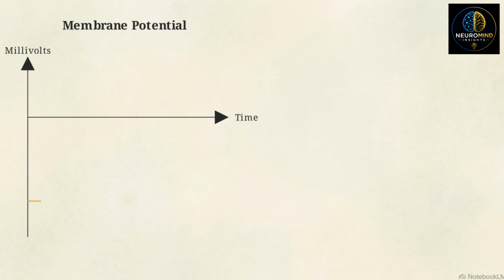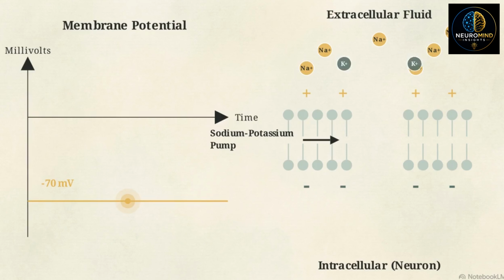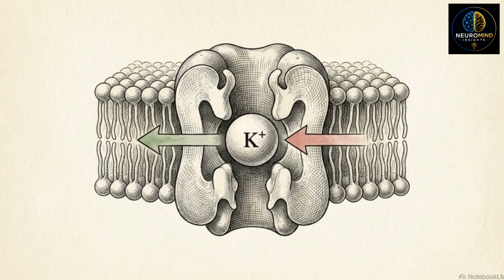We start at the baseline voltage on our graph, -70 millivolts. At rest, the inside of the neuron holds a negative charge compared to the extracellular fluid outside. The primary engine running the system is the sodium-potassium ATPase pump. It burns ATP to continuously push 3 positively charged sodium ions out of the cell, while pulling 2 potassium ions back in, creating steep concentration gradients. Ions naturally move from high concentration to low concentration. We calculate this using the Nernst potential. The exact theoretical voltage where an ion's chemical drive to diffuse is perfectly balanced by its electrostatic drive to stay.